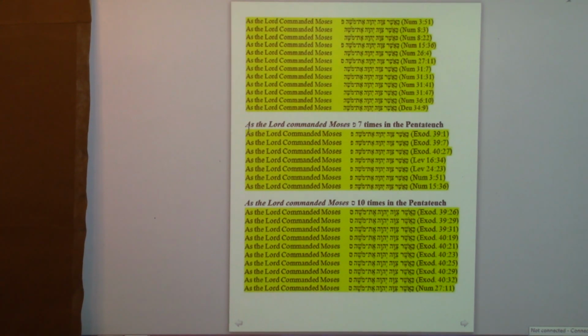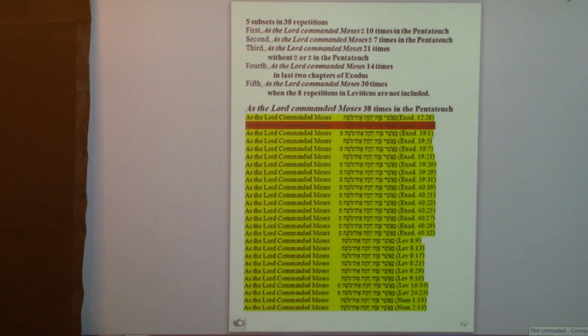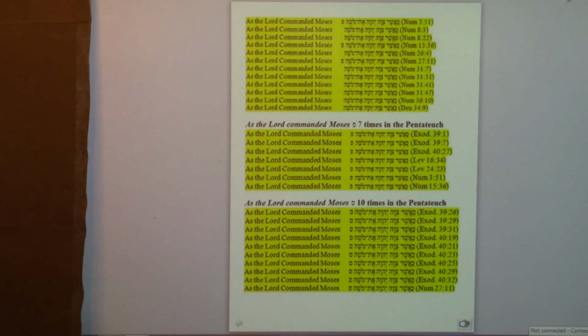Often not printed in any Bible. As the Lord commanded Moses 7 times, as the Lord commanded Moses 10 times. I'm going to back up again to look at the original. Notice it says, as the Lord commanded Moses 38 times, which is not meter in itself, but look at the subsets. Now we're looking at, as the Lord commanded Moses 7 times with pei, as the Lord commanded Moses 10